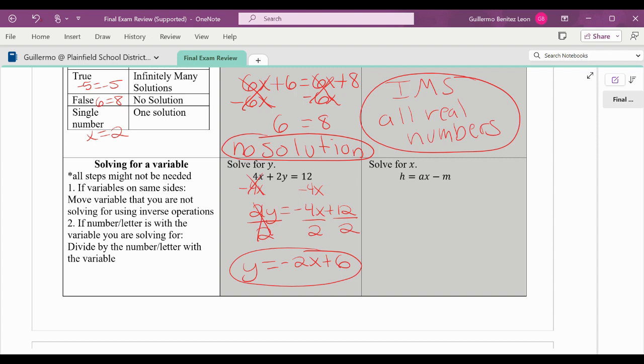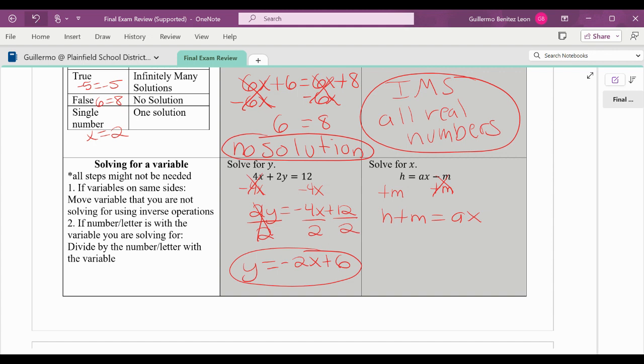In this next one, it says solve for x. So you want to get this variable by itself. That means you want to get rid of the a and you want to get rid of the m. The m is further away, so I'm going to start with that. The m is being subtracted. The opposite of subtraction is addition. H plus m, we cannot actually add variables, so we're just going to leave it as h plus m